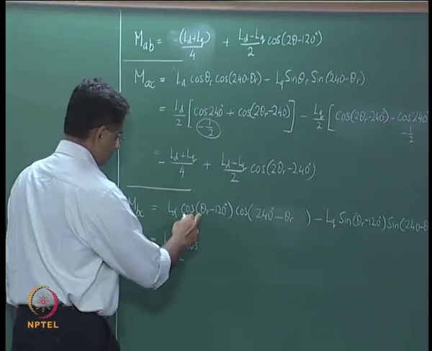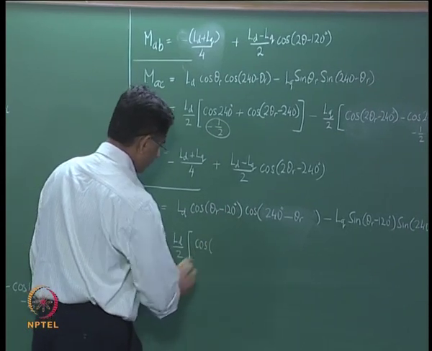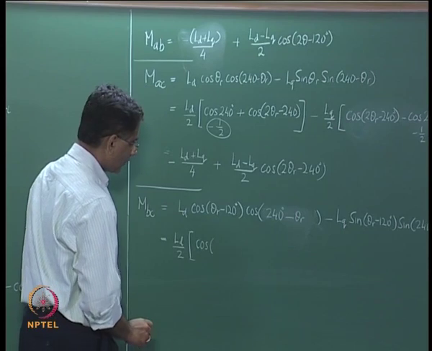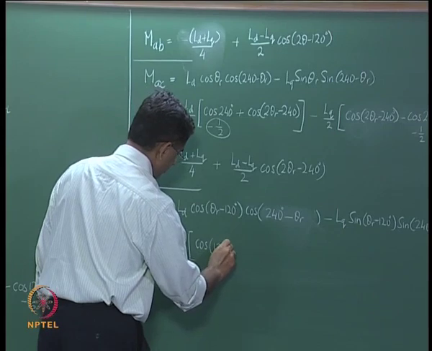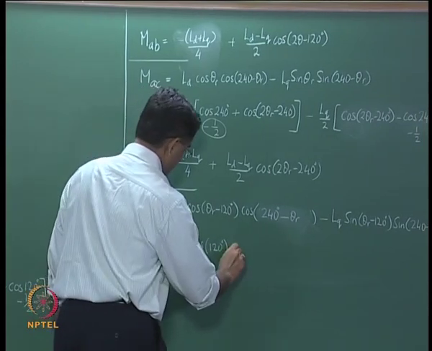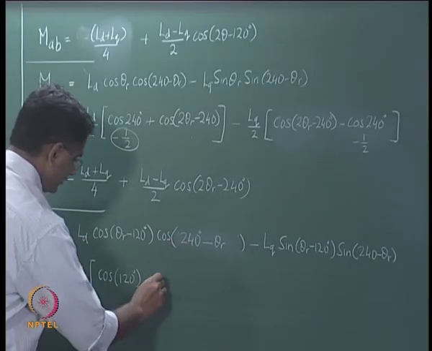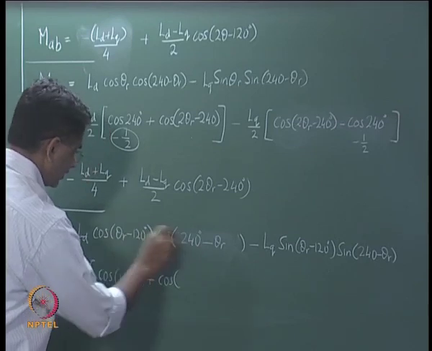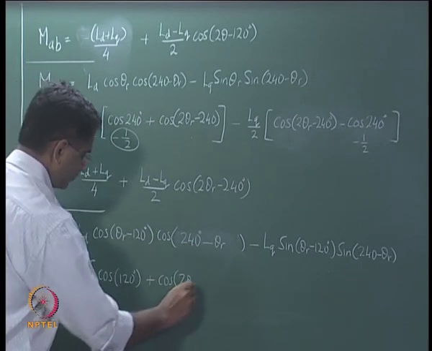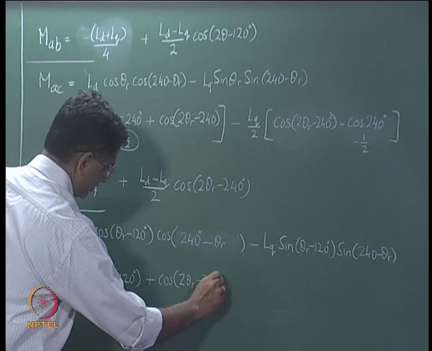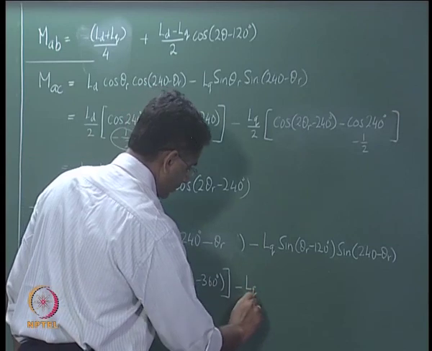So, you add these two. That would then be theta r and minus theta r cancel out, 240 minus 120 is 120 degrees, plus cos A minus B. So, this minus that is cos of theta r minus theta r is 2 times theta r, minus 120 minus 240 is minus 360 degrees, and then minus LQ by 2